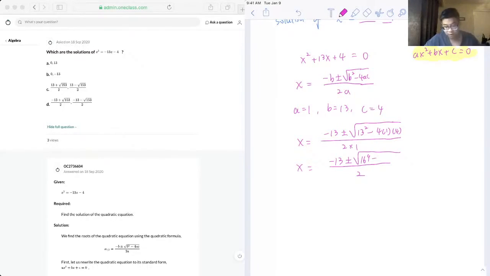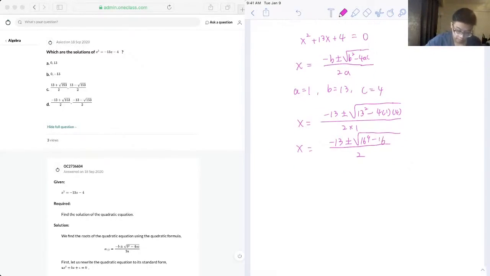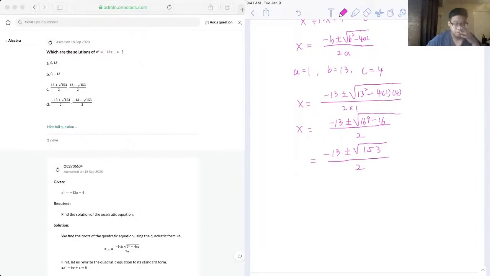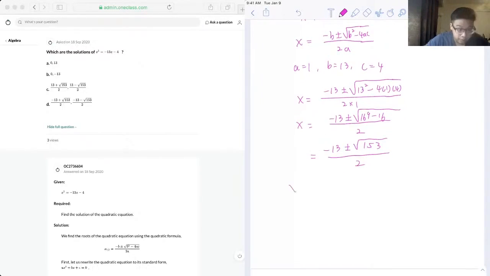Minus 4 times 1 times 4 will be 16. Right. So we have negative 13 plus or minus root 153 over 2. So our two solutions will be x1 is equal to